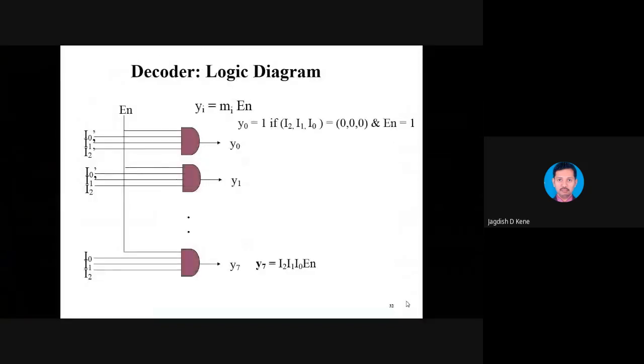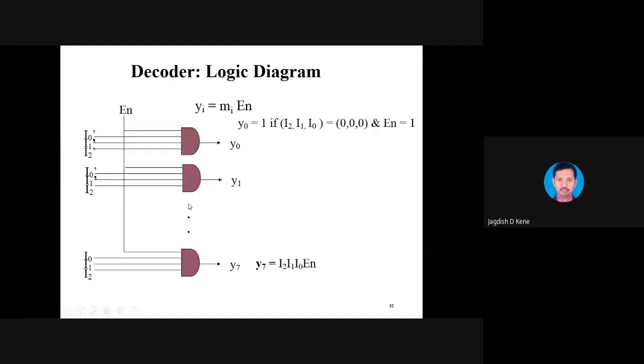And this is a general decoder diagram using AND gates. At every combination of I2, I1, I0, we need a product. We generate the product of the status of the inputs, so we require an AND gate that combines all inputs, gets the multiplication, and generates the status of the output, which is active high. That will be decided by the AND gate. So this is the internal architecture of the decoder.